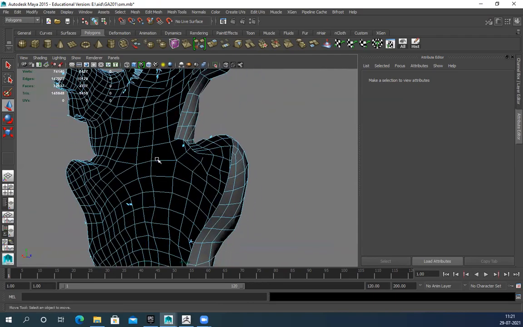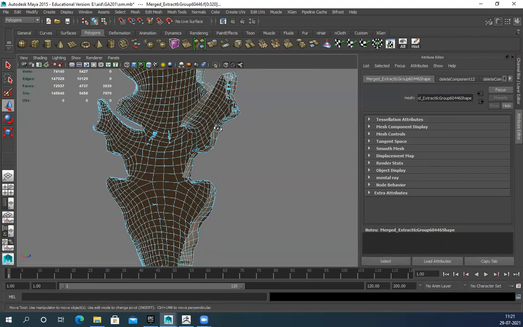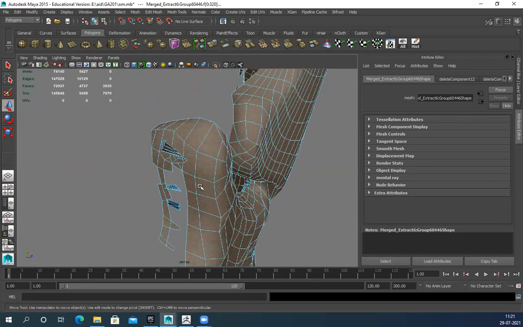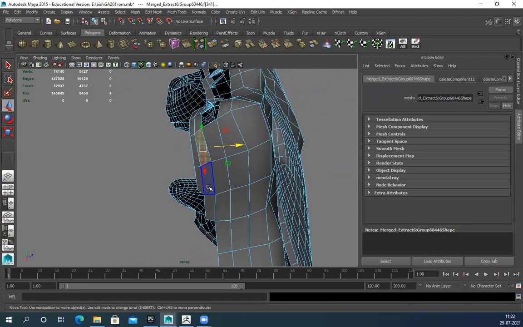Delete. So now I can see this thing clearly. We have all these unwanted things and loops and unnecessary stuff. Those things we have to clean.